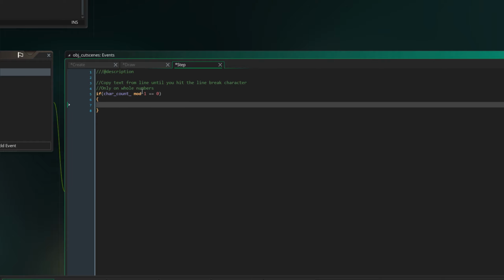So if character count mod 1 equal to 0, then we can actually draw. And if you set it to 2, then it would be half as fast, and 3 it'd be even less fast. If not line_1_finished,